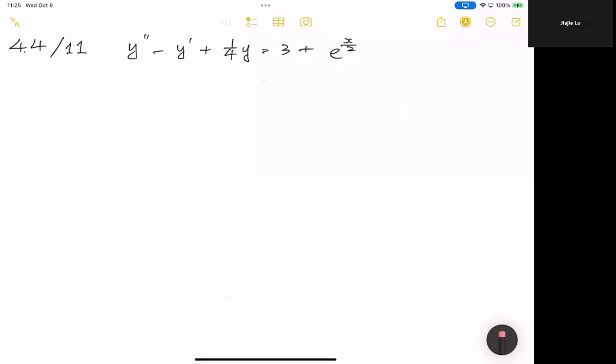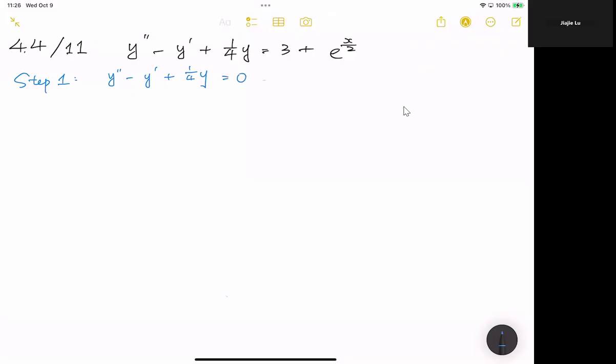Solving this kind of question, we have 3 steps. So step 1, we solve the associated homogeneous one. The associated homogeneous differential equation for this question is just y double prime minus y prime plus a quarter y